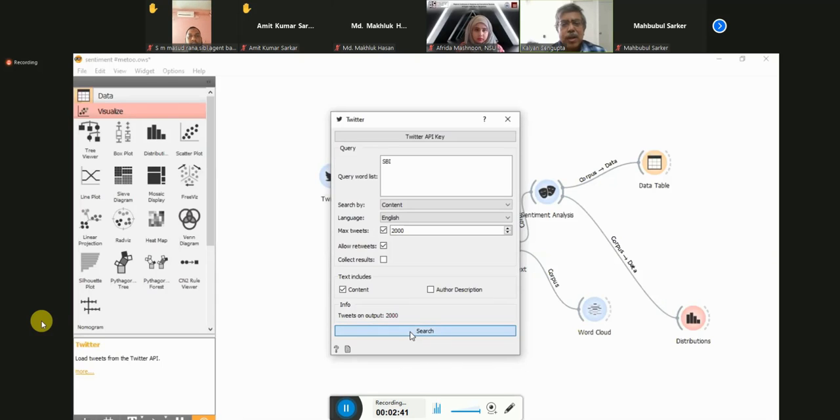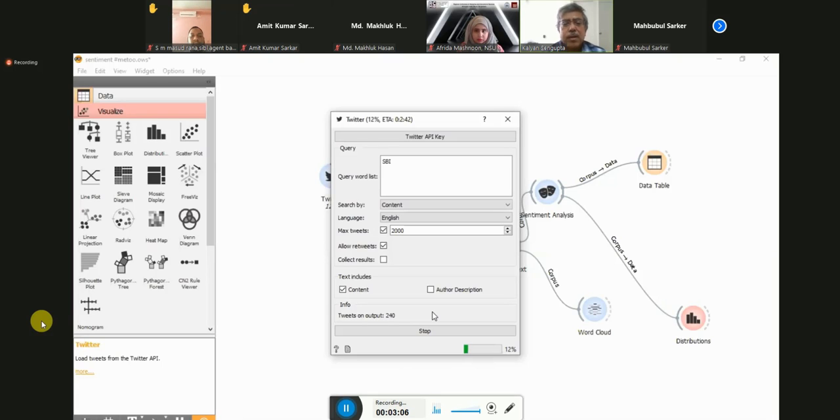I click this button, the searching is happening, and you can see that it's already searching. We can see the number counts here 120, 140, 160, and this way it is going up.